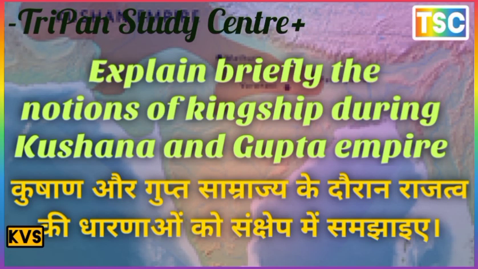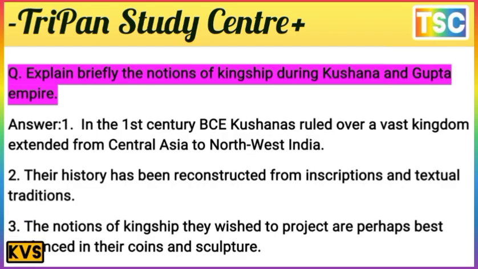The next question is an important one. Explain the various notions of kingship during the Kushana and Gupta Empire. In the 1st century BC, the Kushanas ruled over a vast kingdom extended from Central